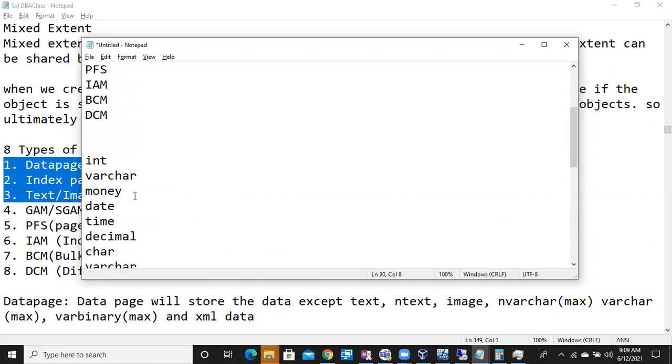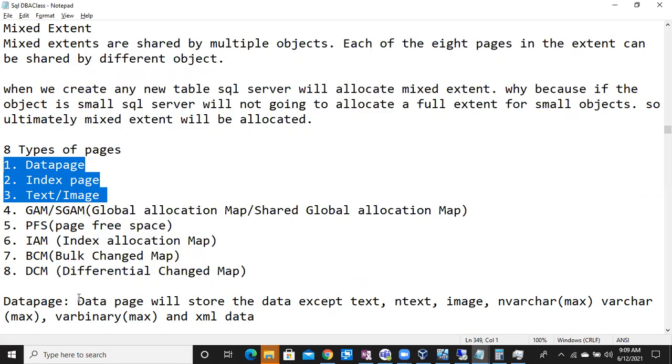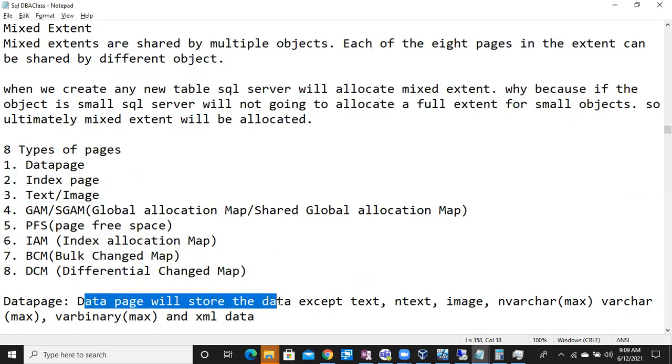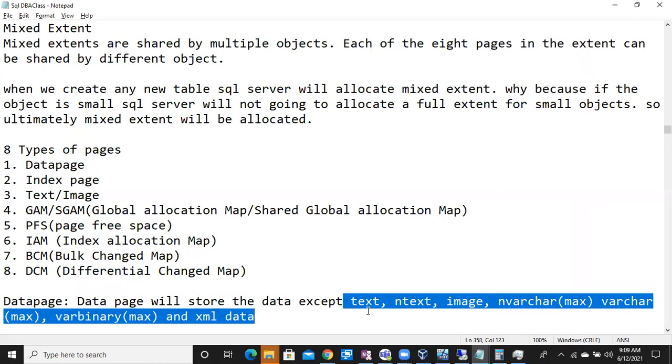In your table, if small data types are there, that information will be tracked using the database. The exceptions are the big data types: text, image, varchar max, varbinary max, and XML data. Except these data types, other data types information will be stored inside the database.